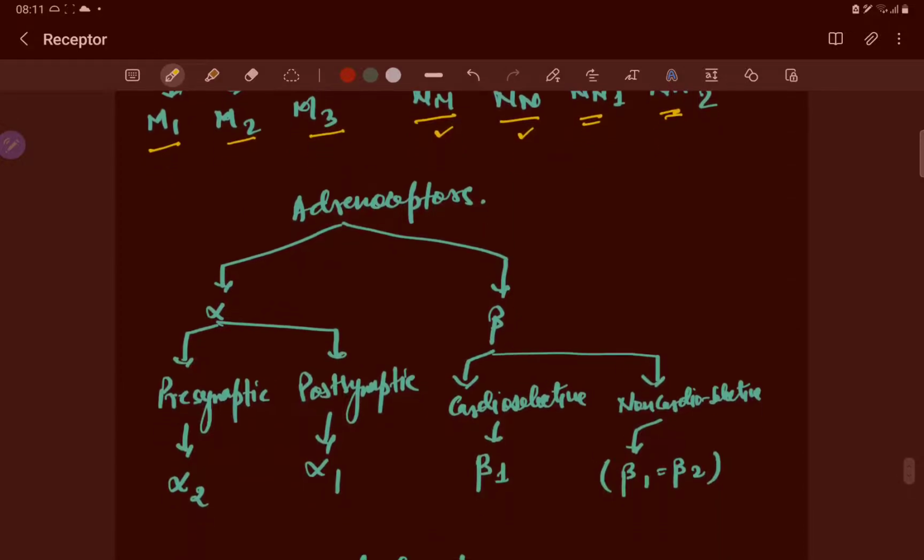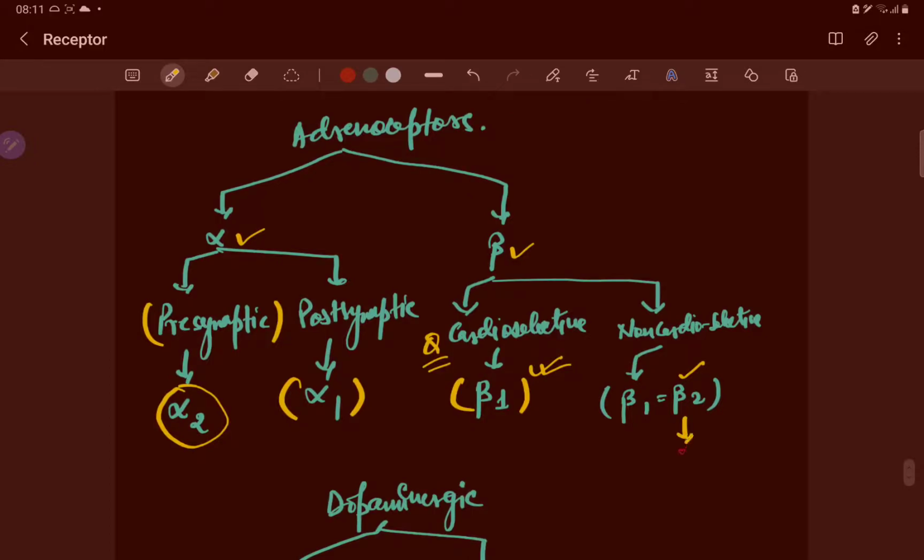Now, in the adrenoceptors, you basically know the presynaptic one is the alpha 2 receptor. There are alpha and beta receptors. In the alpha there is alpha 1 and alpha 2, and in the beta there is beta 1, beta 2 and beta 3. Basically you should know about beta 1 because it is cardioselective, along with its agonists and antagonists. Beta 2 is actually present in the lungs, so beta 2 agonists are important. Where beta 1, beta 2 and beta 3 are located, everything will be discussed later.